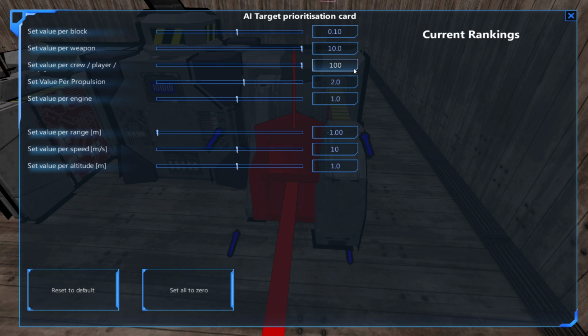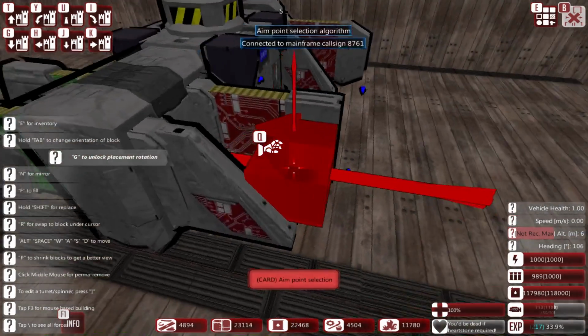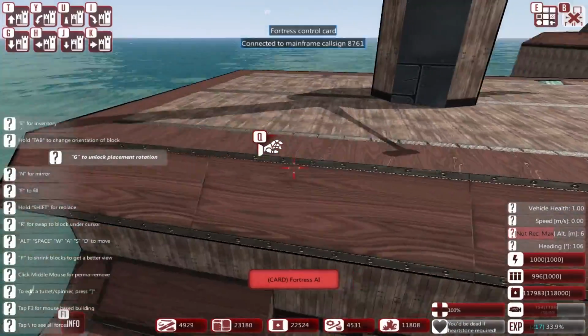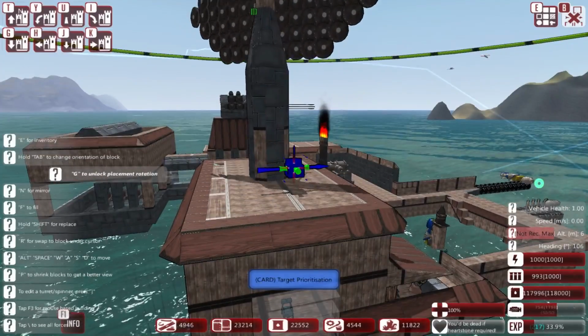Now, as per usual, I wanted to target anything with an AI as a very high priority. But given that this is an AA weapon, I also wanted to target things in the air a little bit more than things on the ground. I'm going to say per weapon. Well, it's already got that per weapon, so that's fine. So that seems reasonable, all things told. Aim point selection, fortress control card, all good things. All right. Now then,